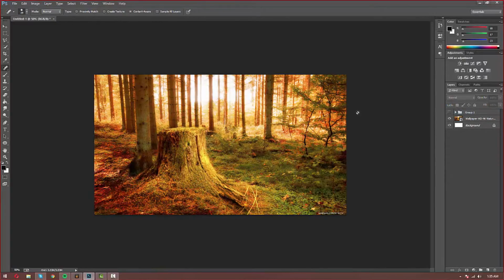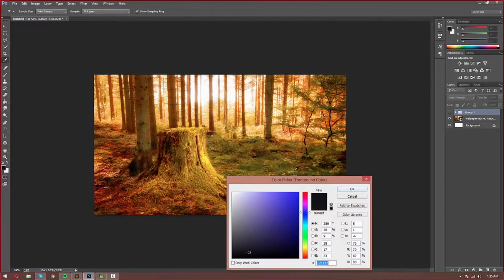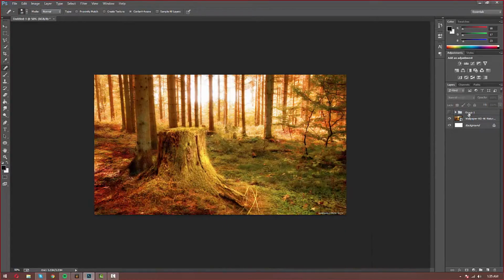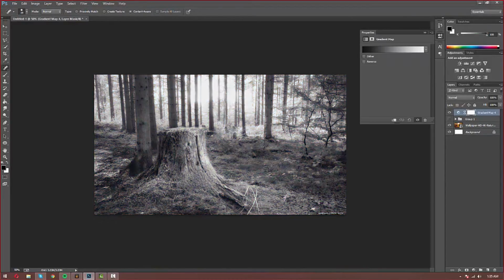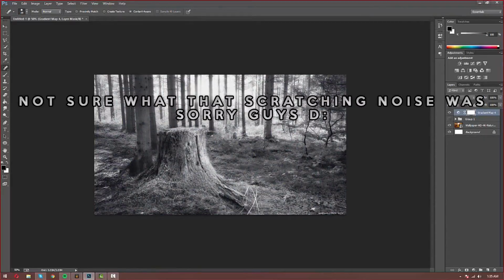But all right. So first, just make sure you have your colors set. What I would recommend for this is offset black, 121117, and for white, I recommend F1, F1, F1, which is like an offset white. And then what you want to do is you click above on gradient map, and you'll see it turns it black and white. You don't have to do gradients like this, but here I'll do a black and white one like the one I made before, and then I'll